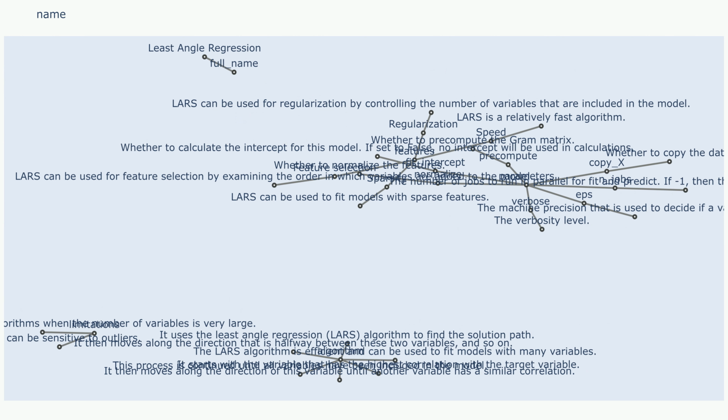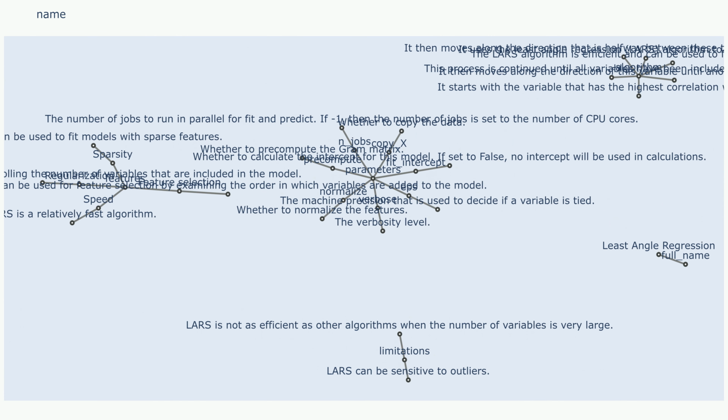It stops when another feature becomes equally correlated with the residual, the part of the target variable not yet explained by the current model. Equally correlated features: at this point, LARS turns the corner and moves in a direction that is the average of the directions of the two most correlated features. Continuing the path, this process continues, introducing new features one by one as their correlation with the residual becomes high enough. Each new feature is added by moving along a direction determined by the currently active features.